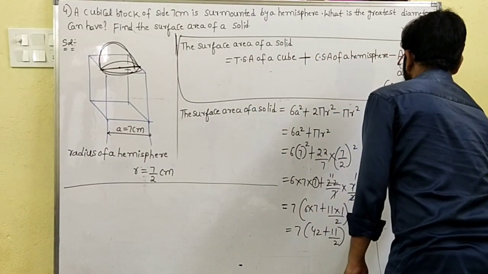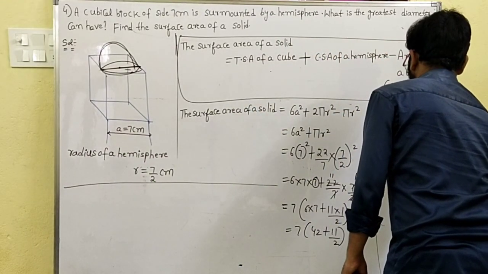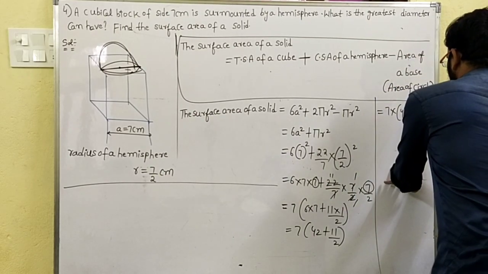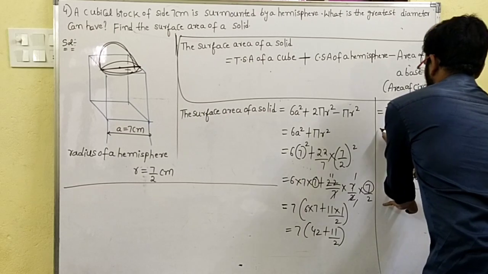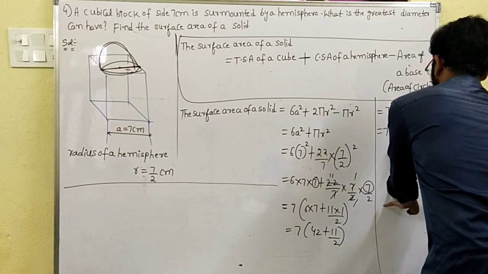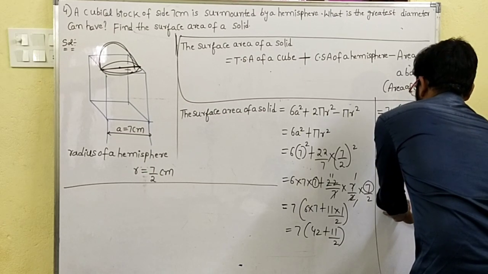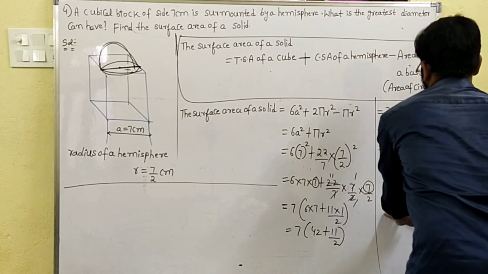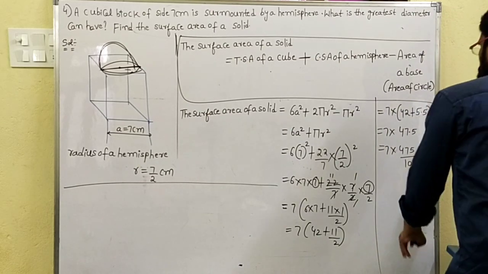That equals 7 into 42 plus 5.5. So that equals 7 into 47.5. So it will be 7 into 47 by 50. By point means 10. Okay, in the 5 table,